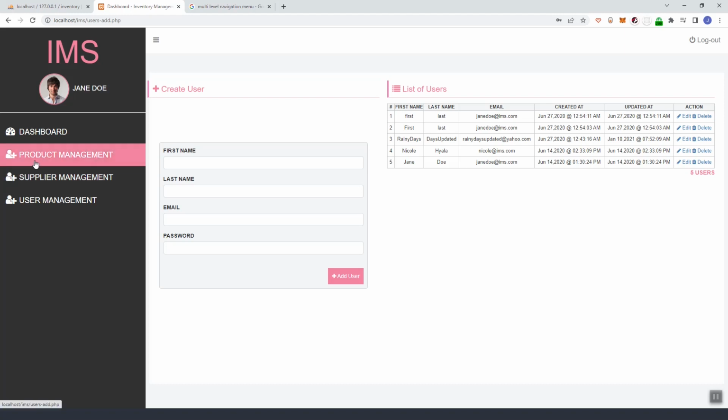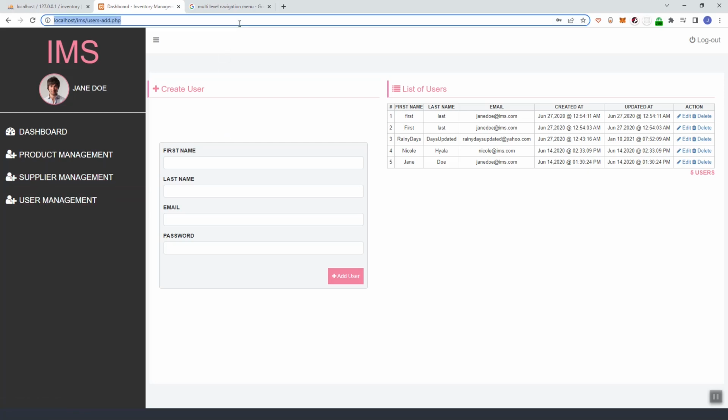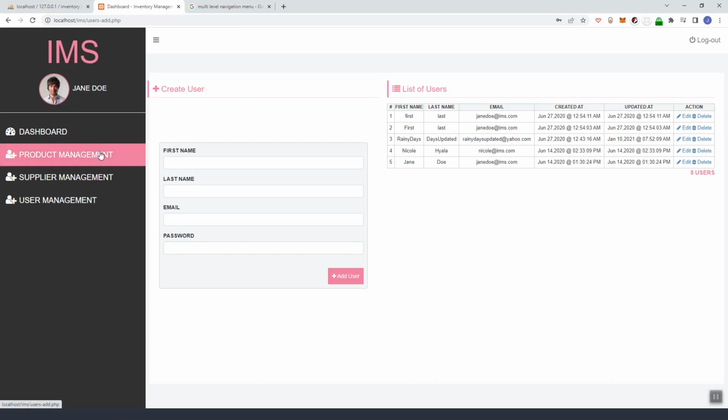So this means any page or feature like adding a product is going to be a child of this main menu, and that is where we store all the different features. So create product, list of products, same with the supplier, and then the user management. So currently